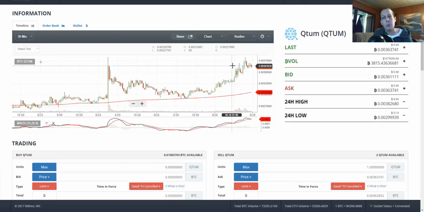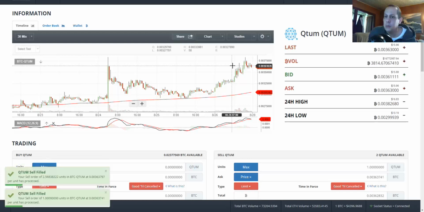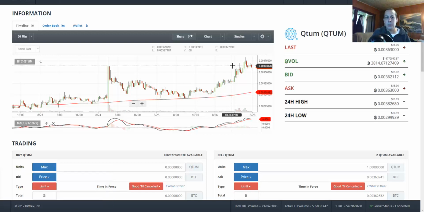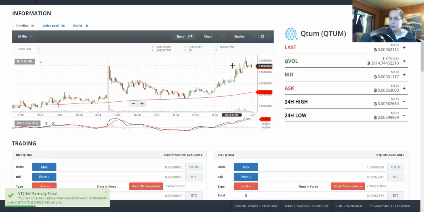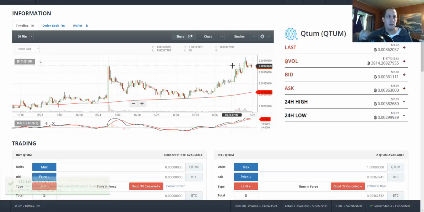And also my Twitter is going to be down there. I need to start putting out on Twitter what I think is going to be doing good, because I've been dead on in everything that I've predicted. What were the other ones I've predicted? Dash, Lisk. I've just been calling them left and right lately. So I'm getting better and better at technical analysis. I'm working my way through the